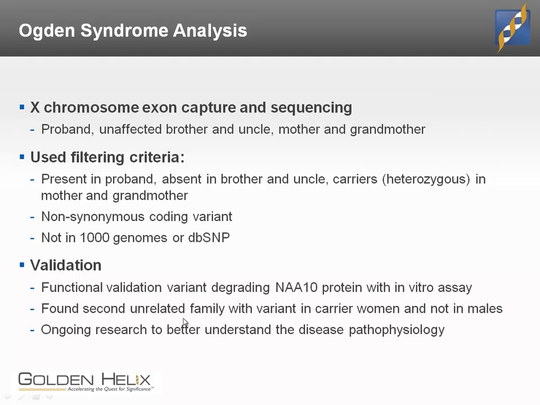And they also, through the course of the study, found that that same variant existed in a second family, which was unrelated, and there were no affected males in that family, but they did find it in a carrier status in one of the females in that family. And finally, because this gene, as they looked into it, did not have a lot of research, annotations, and publications around it, and yet it seems to be vital for overall functioning physiology of mammals.